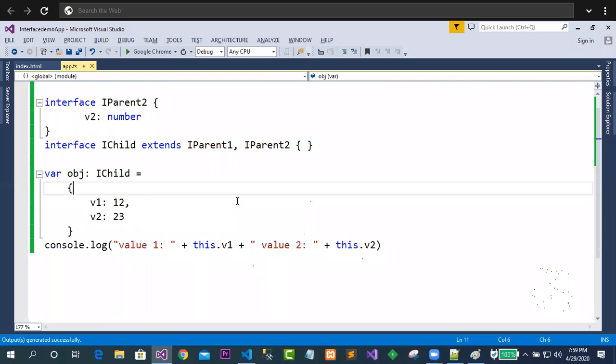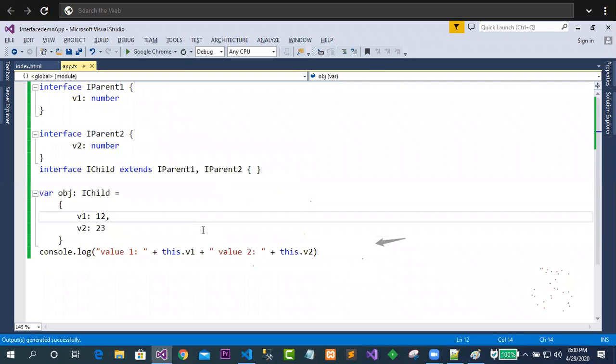Quite easy to understand. So in this case, it is also possible to access by this keyword. This keyword is here to access the things. Now this keyword is representing this obj. Either I will be using this or this obj, not an issue. Just try to observe this code.